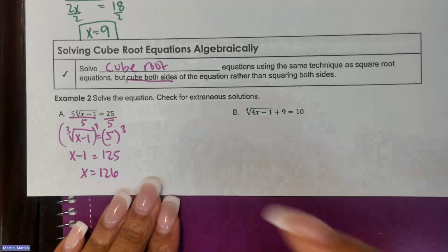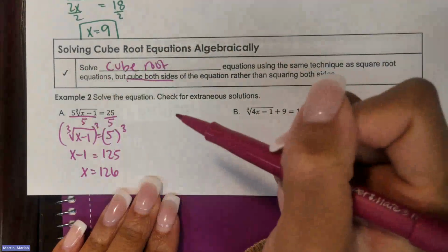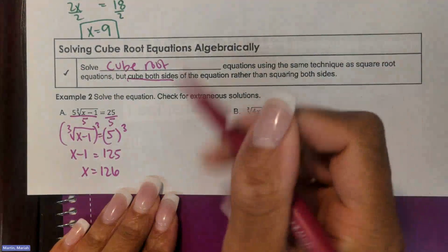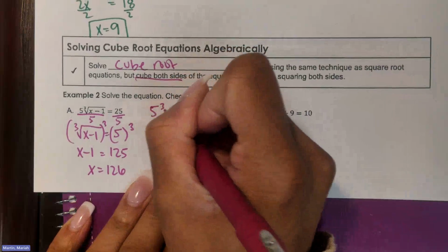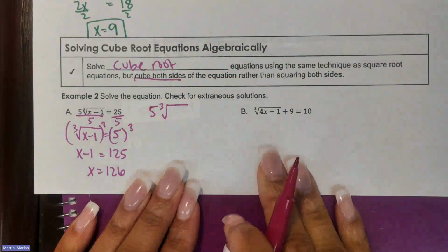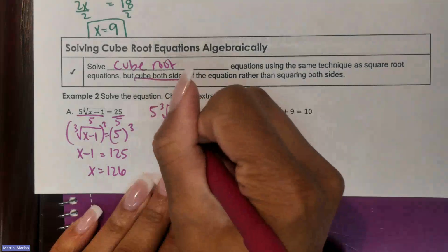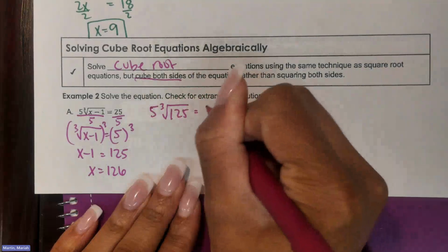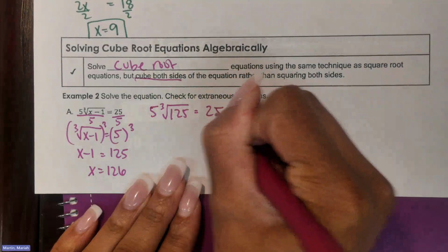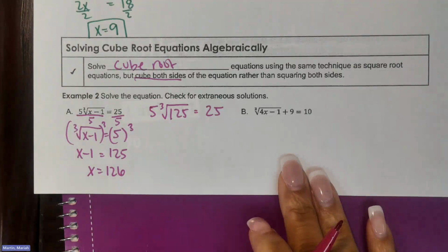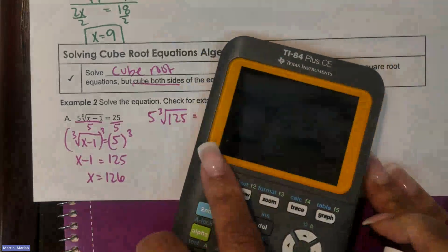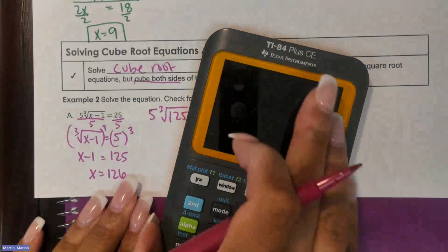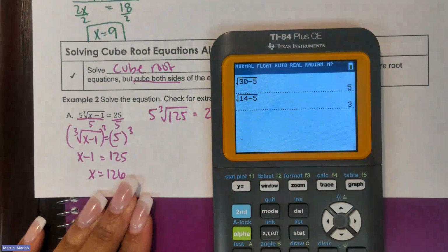Okay, so I'm plugging in 126 into the x spot. So I have 5 and then the cube root of 126 minus 1 is 125. And then I have 25 on the other side. Just remember we are checking, so I plugged it in. Now I'm going to take my calculator because you might be like, okay, how do I plug this in to check my answers? So from here on our TI-84,